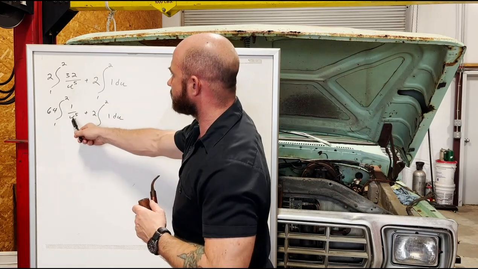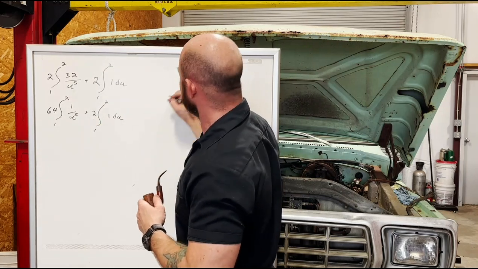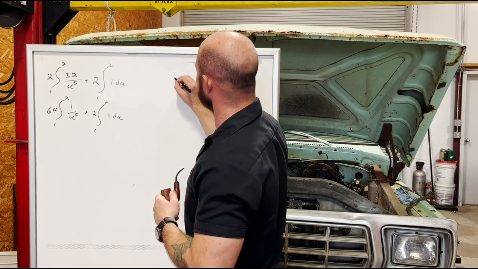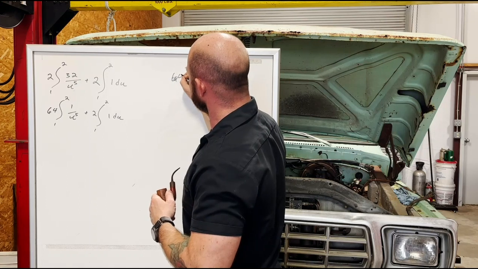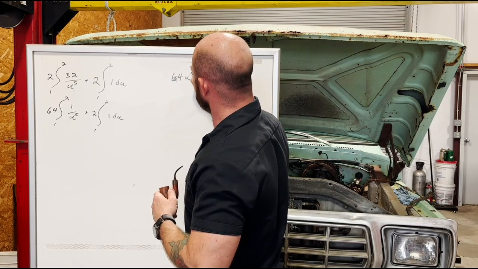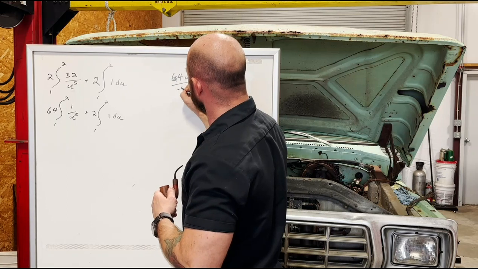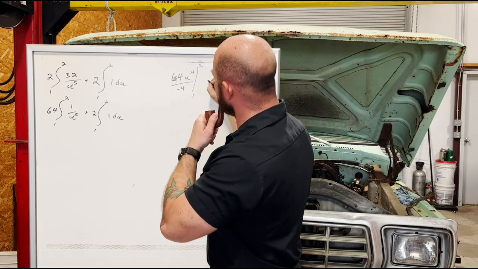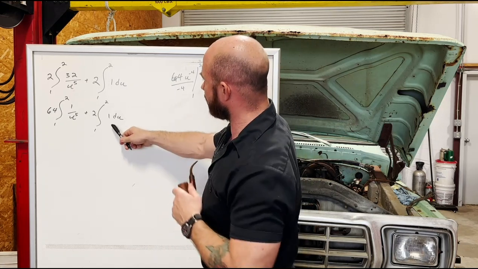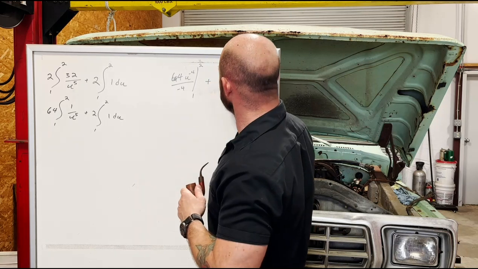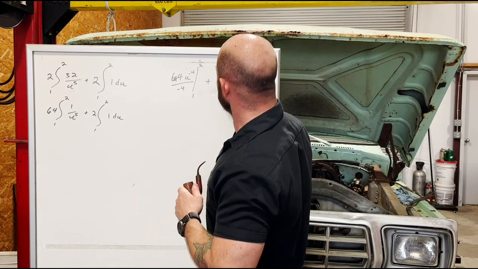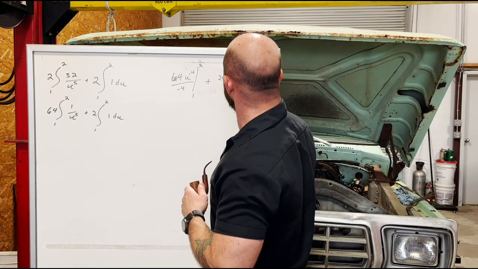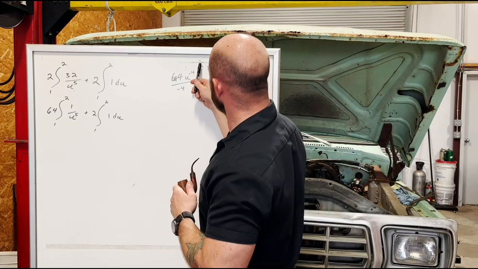So this is u to the negative 5, which would integrate, bringing this constant along, as 64 u to the negative 4 over negative 4 from 1 to 2, plus this becomes u, bringing the constant, from 1 to 2. Now we plug in,